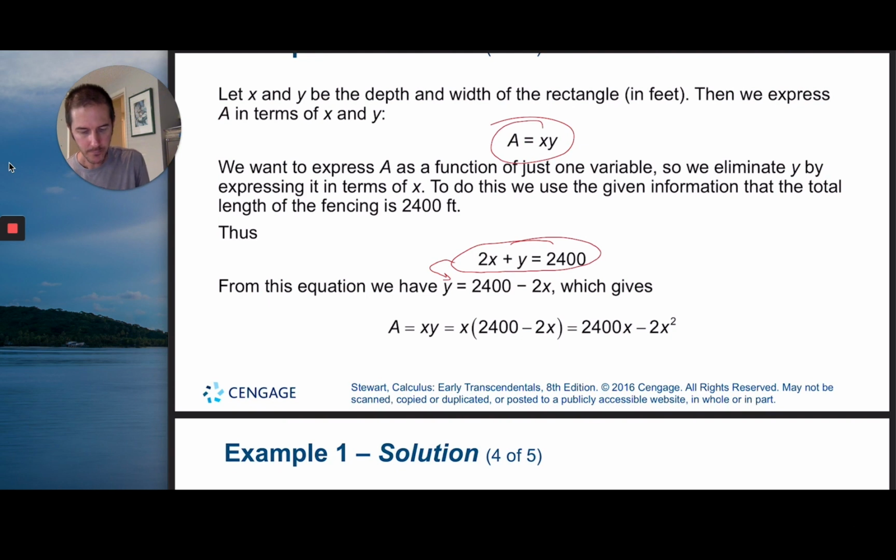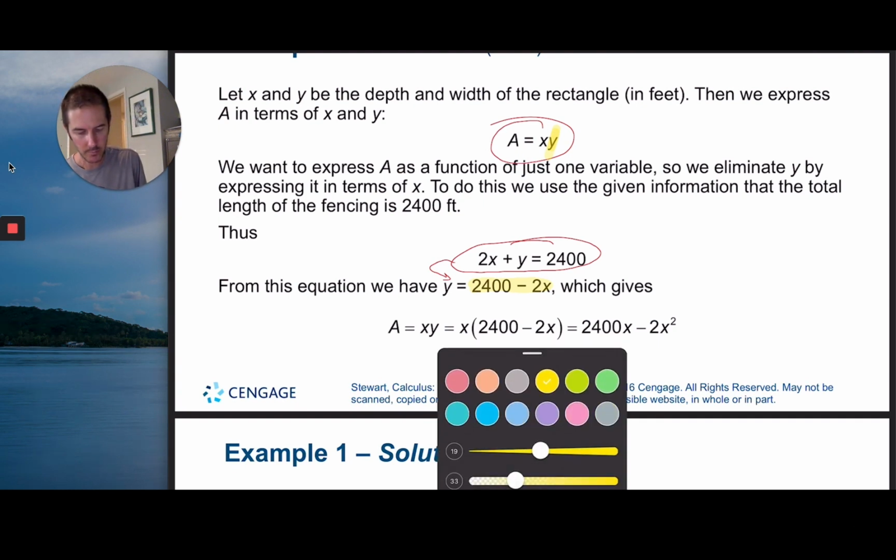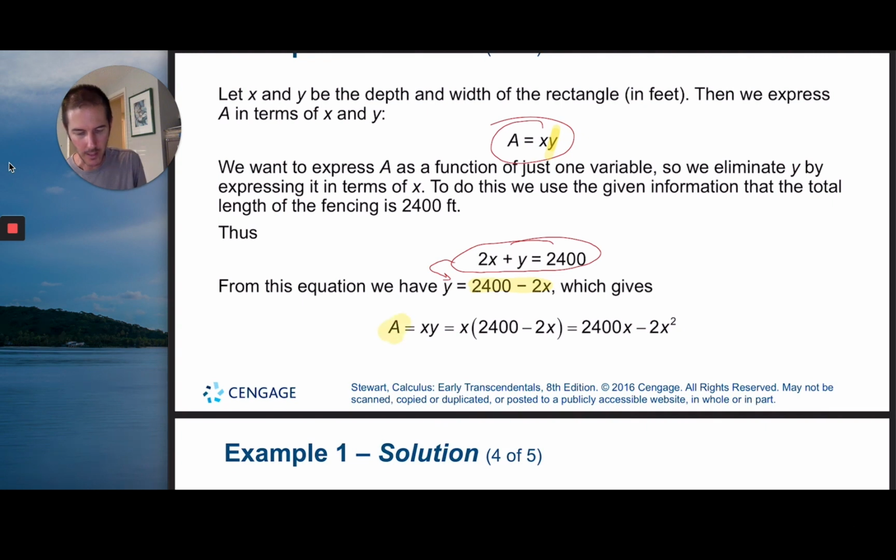And then this y value, not that y value, not that color, come on now. There we go. This y value is being substituted into this first equation, so we're replacing that y with 2,400 minus 2x, which gives us capital A equals x times 2,400 minus 2x, and when we distribute multiplication by x, we get the right-hand side of that statement. Now, this is our area equation, and I'm very happy to have this